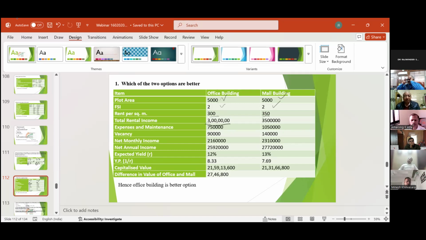It will be 3 crore. Similarly, 350 into 5,000 into 2, because you can construct FSI is 2, so area may be 10,000 square meter. Here also the area may be 10,000 square meter. Rate is 300, this is 350. Okay, this is the total rental income generated, out of which expenses are given to you